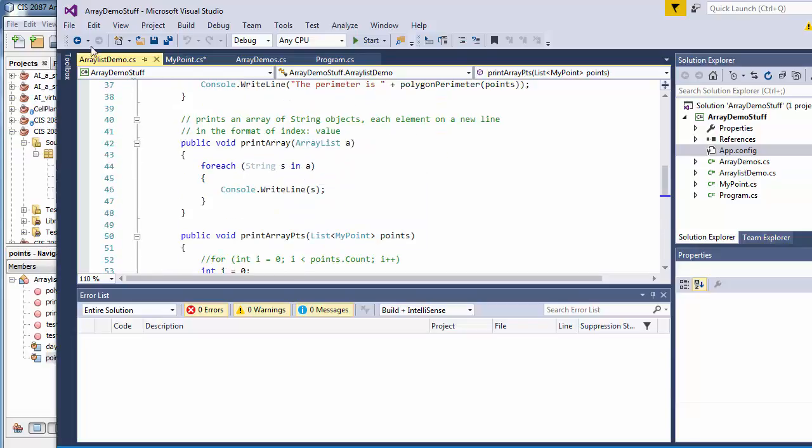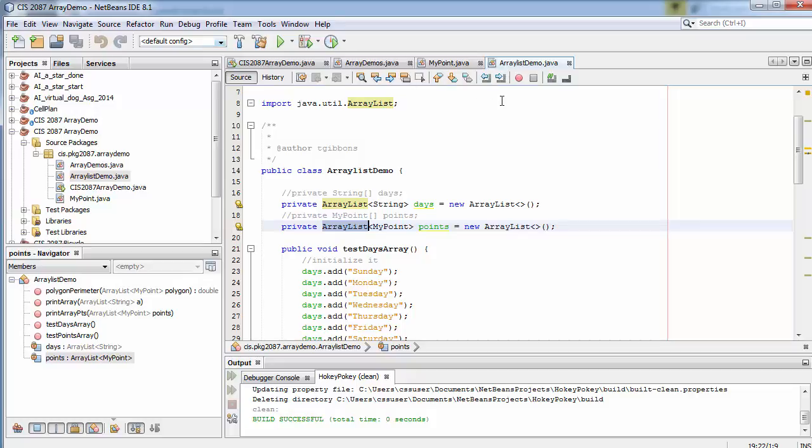Okay. Well, that kind of wraps up this. We're going to go on and talk more about inheritance and then get that prepped for the assignment in the next